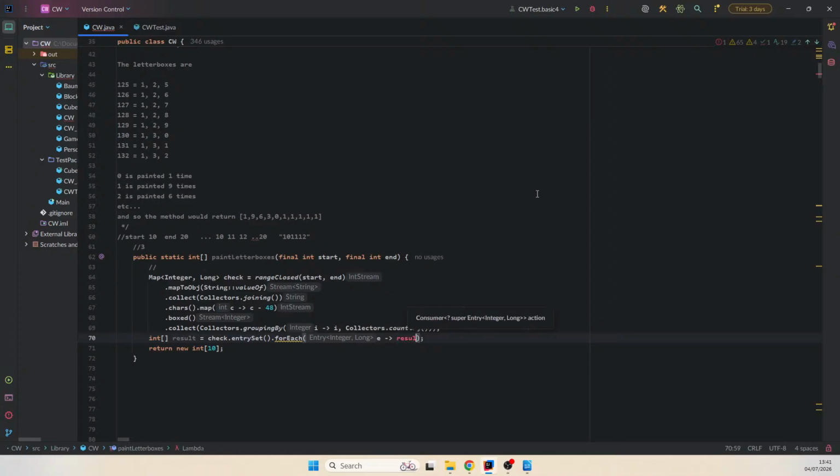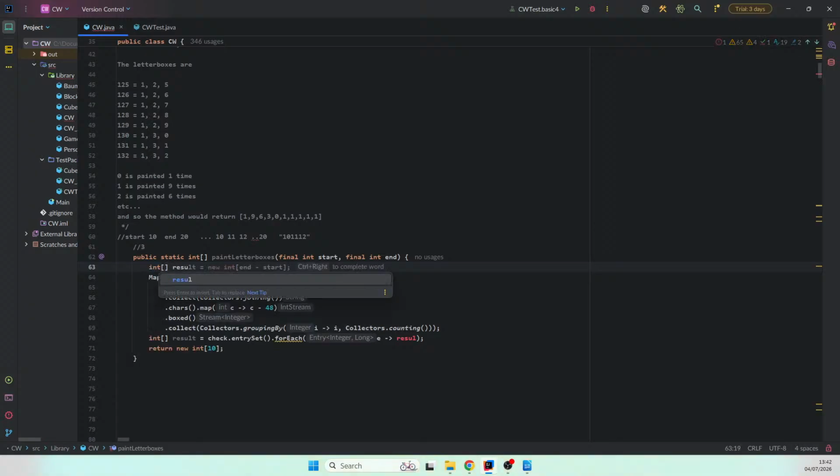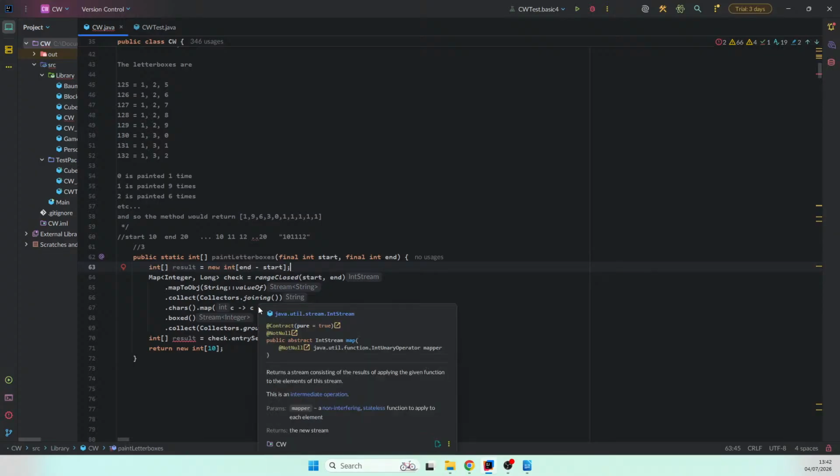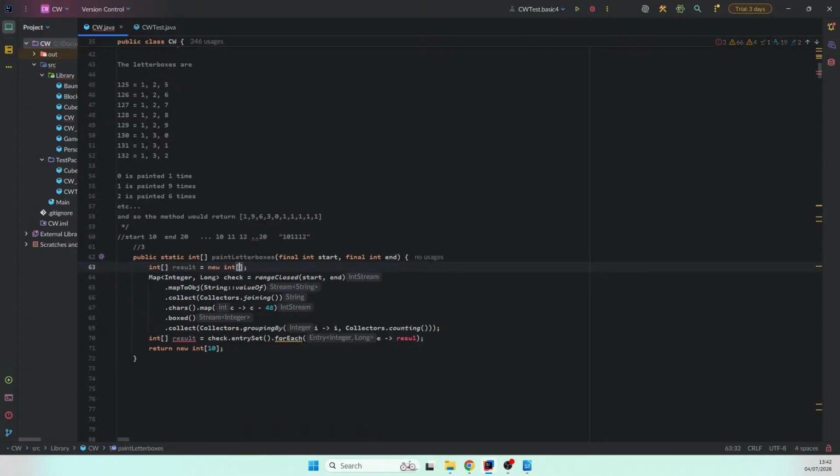No, I can't do this like that. Okay, let's create it here. And result. No, so we're looking for 10 elements. Why 10? Because we've got 10 digits from 0 to 9. And then for each, so for example, result of